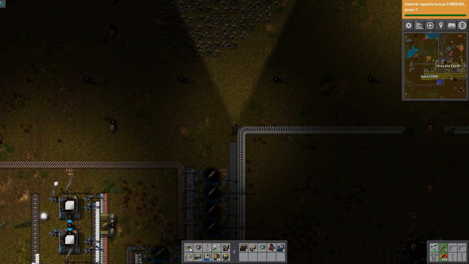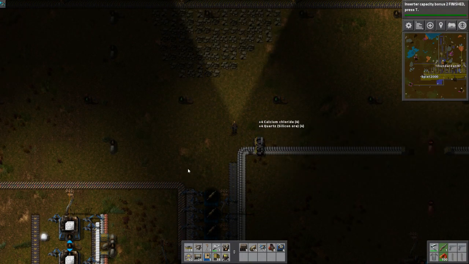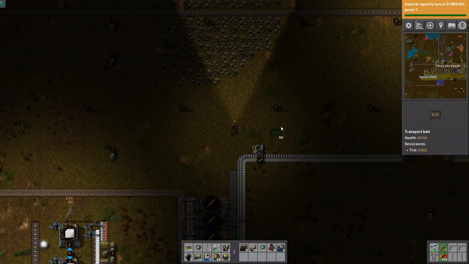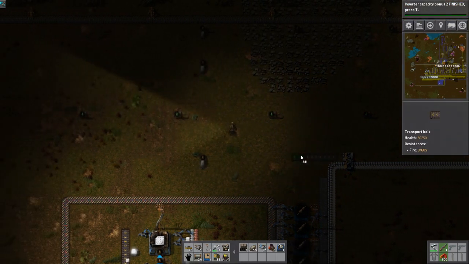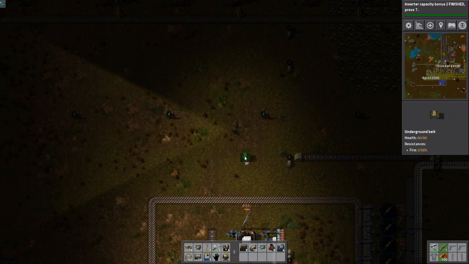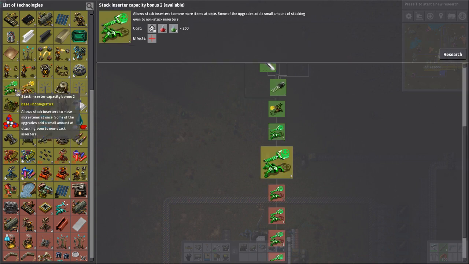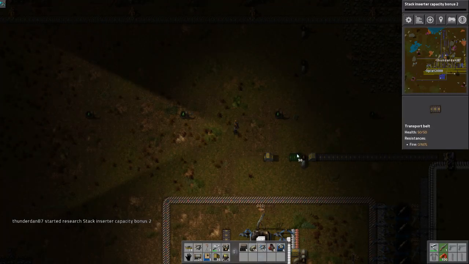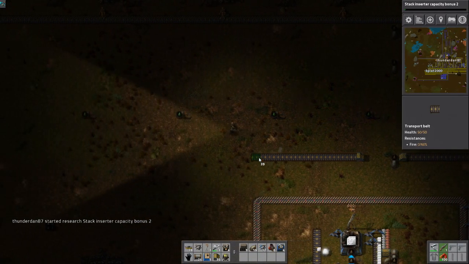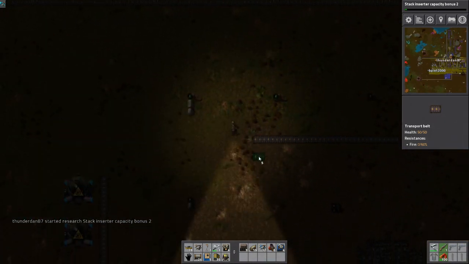Okay, so this should actually be pretty easy. We already have a belt that has both of the things. Well, that's in the way. The advantage to having, the disadvantage to having made so many